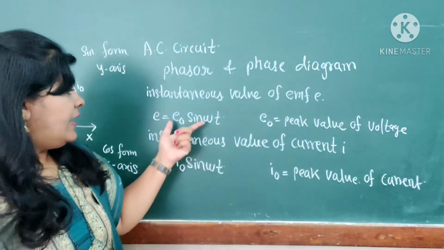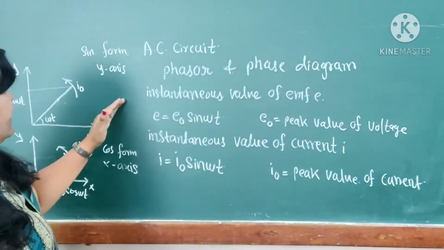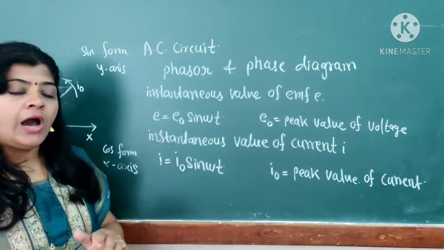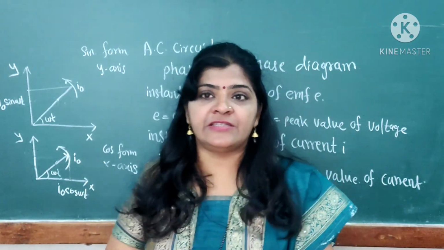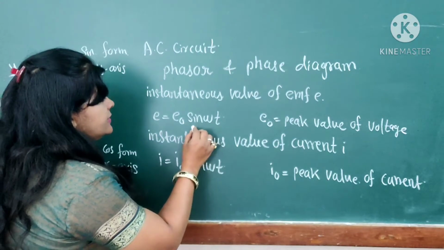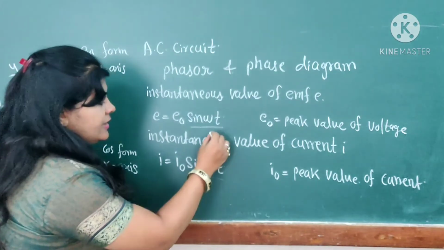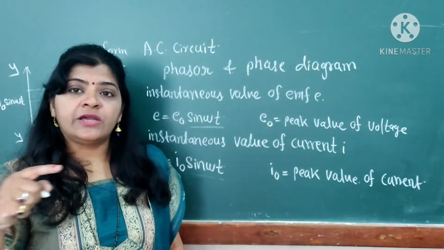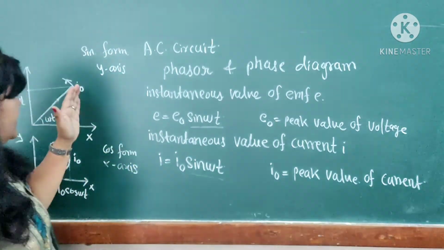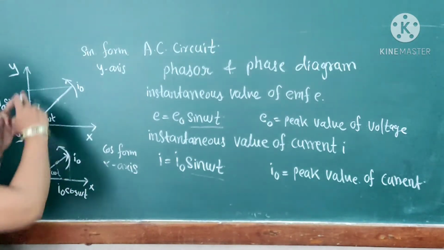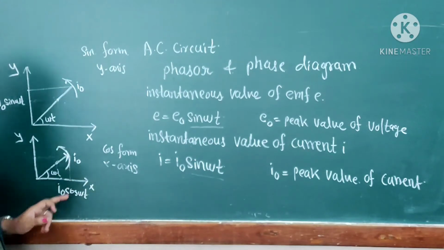Now these two values, the EMF and the current, are given in a phase diagram. These two are rotating vectors and are represented in a diagram that is called a phase diagram. Here the EMF involves the sine function, and the current also has the sine function, meaning both vary sinusoidally. If you draw the graph of it, that is represented here in a phase diagram.